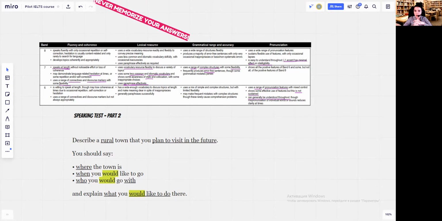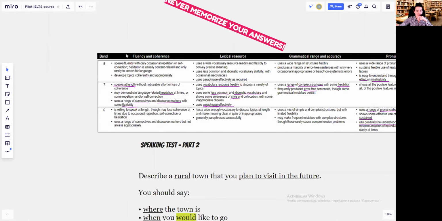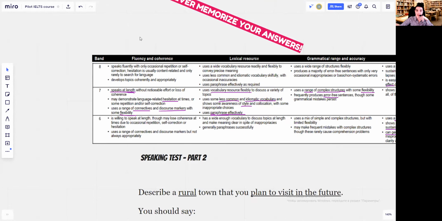He did spend a lot of time developing the other 3 points, and this is not going to affect his score in any negative way. If anything, it will help him achieve a high score for fluency and coherence. Let's see why. So, did he speak at length? Absolutely. He spoke for 2 minutes, taking up all of the time available to him. He hesitated a little bit and never corrected himself, avoided a lot of repetition. So this is also going to be a huge advantage.